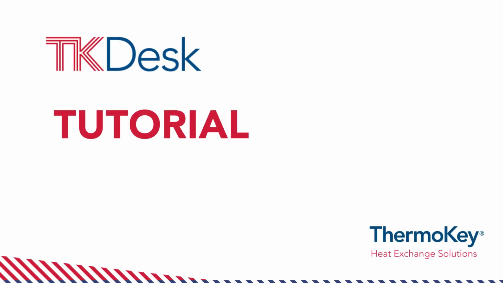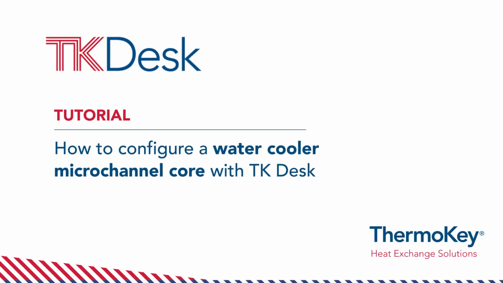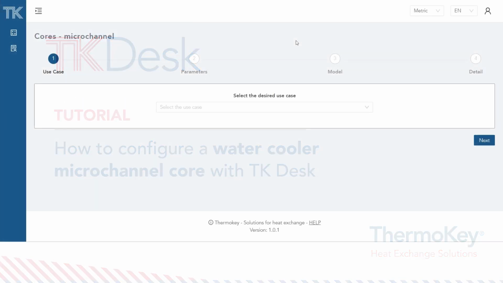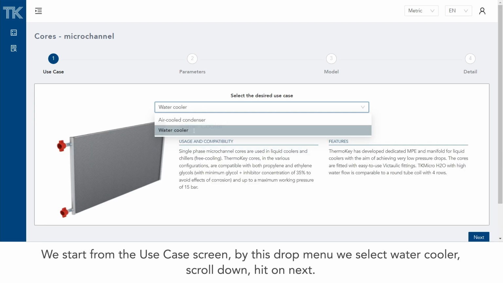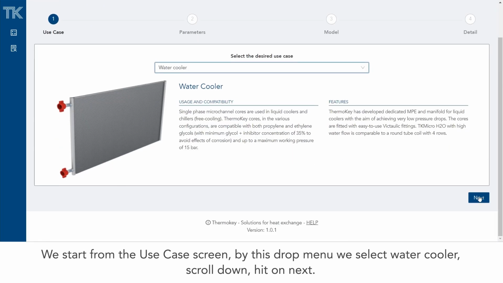Welcome to this tutorial. In this video I will show you how to configure a water cooler microchannel core by TKDesk, the new software of ThermoKey. We start from the use case screen, and by this drop menu we select water cooler, scroll down, hit on